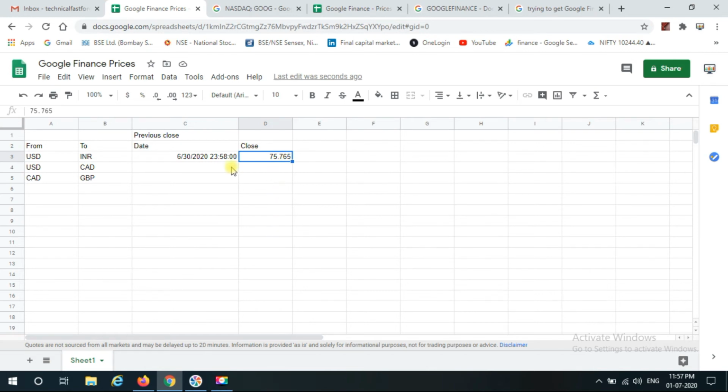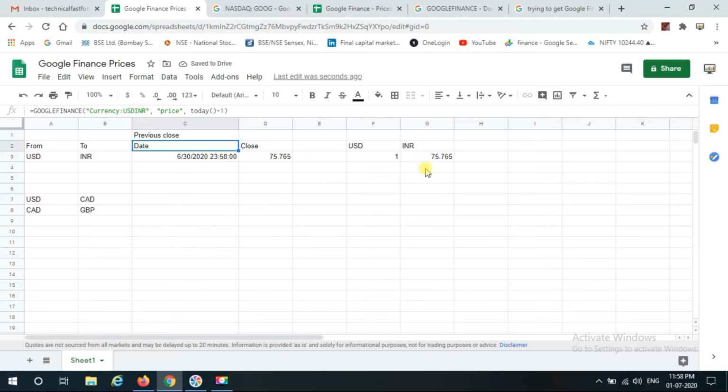So how does this conversion rate work? Let's say I have US dollar 1, which is $1, and if I convert this to INR, I'll get 75.765 rupees in Indian currency. This is the previous closing price, right? And here is the formula. So you say USD to INR, I need the previous closing.